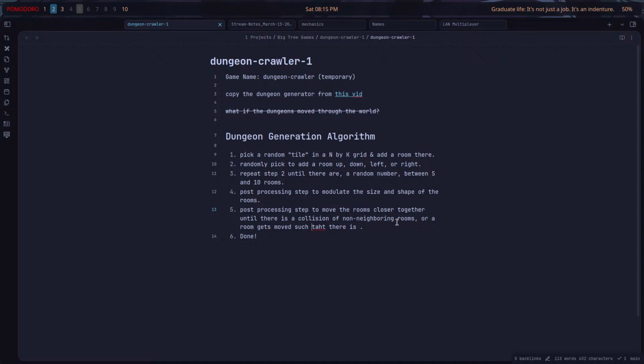Such that there is no overlap. It's moved such until there's a collision of non-neighboring rooms or room gets moved. Such